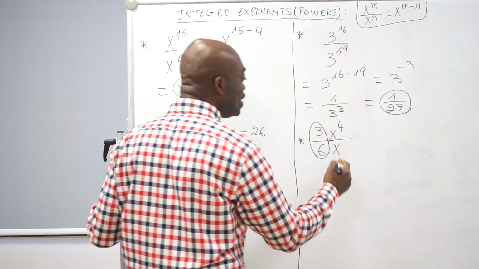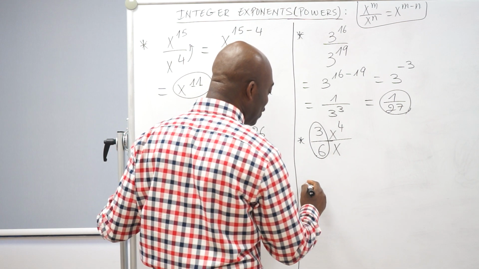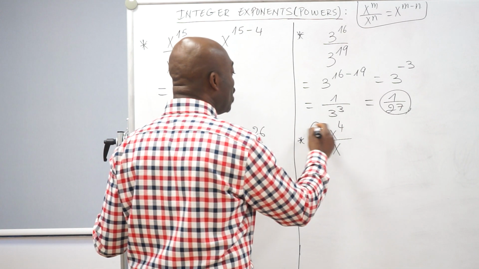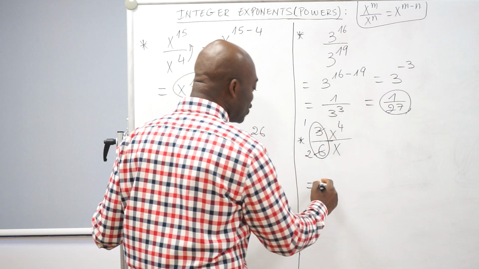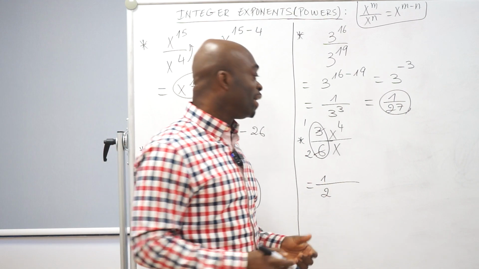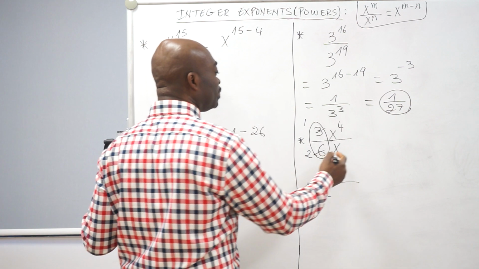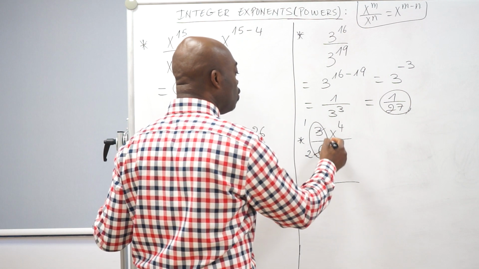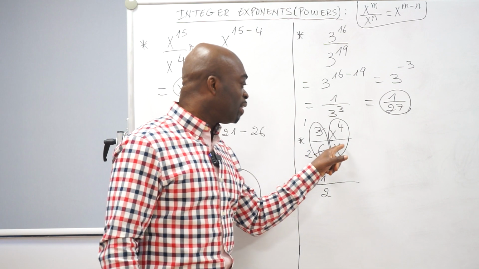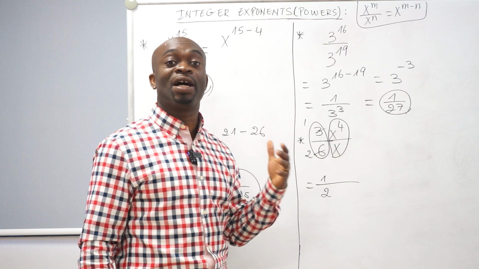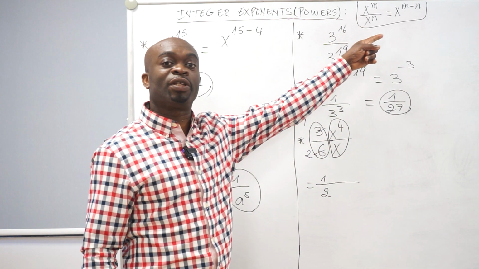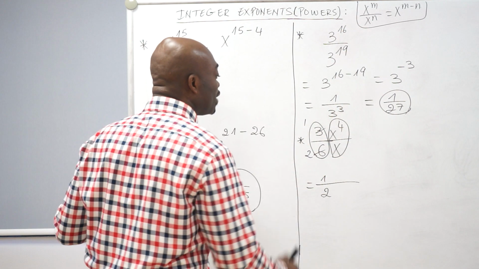So this is equal to 3 over 6: 3 goes into itself once and goes into 6 twice, which is why we have 1 over 2. Then we have to deal with x power 4 over x power 1. Again, if there's no number as a power, that is an invisible 1. We follow the rule again for the powers, so that will give us